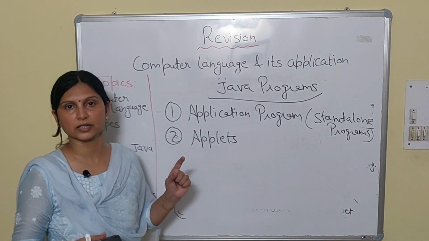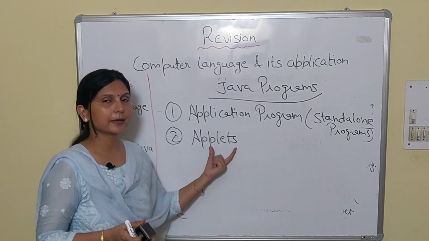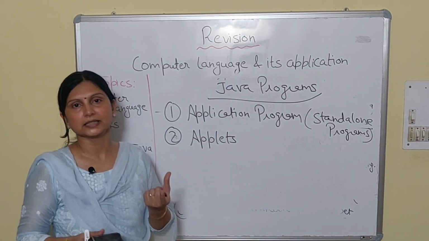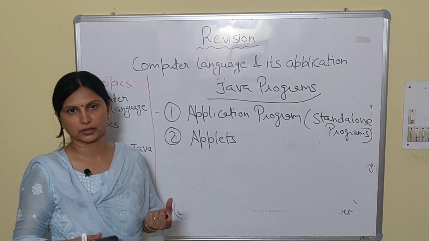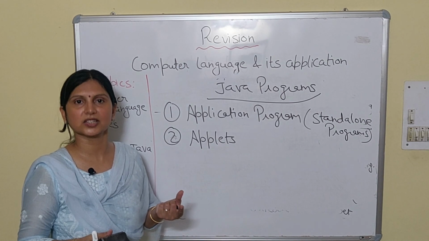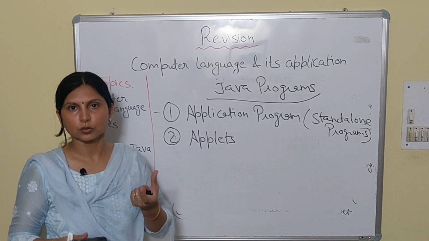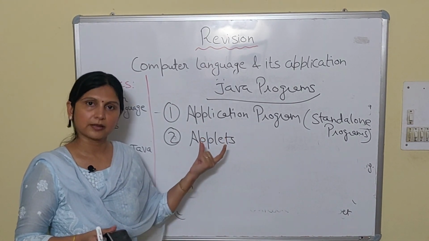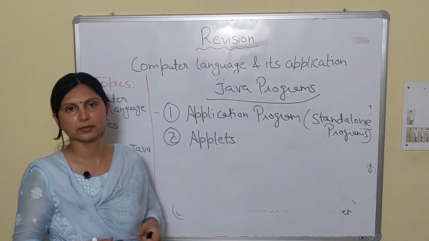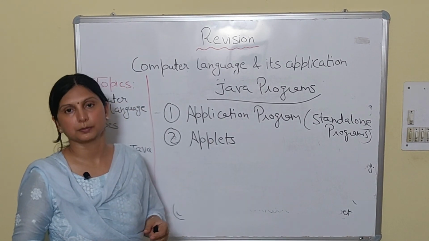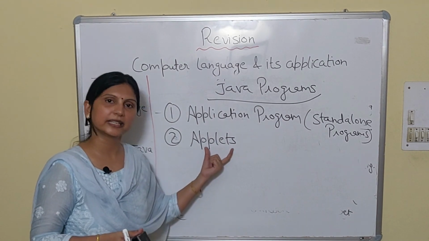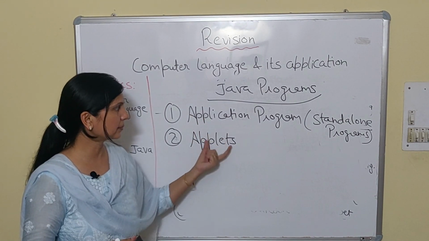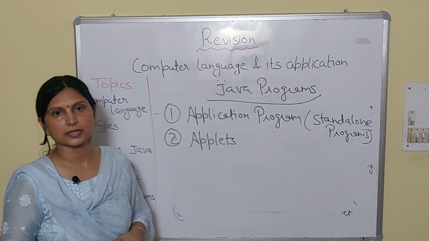See, web browser understands only HTML. So, to include applets in HTML, we write the code of applets within HTML code. Like as you insert the image in HTML, what you give? IMG, SRC, you write the code within HTML. Similarly, to include applets in HTML, you include its code within the HTML code so that it can be visible on the web browser. So these are the smart programs or internet programs which can be uploaded easily. Fine. So this is the difference between application programs and applets.